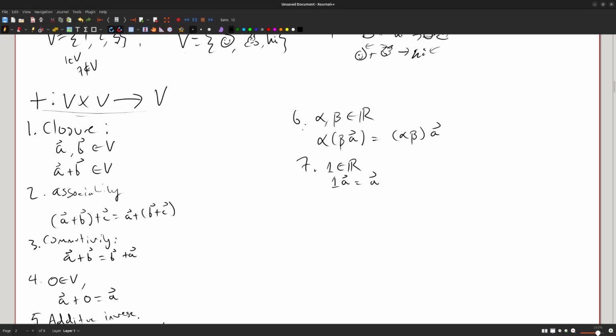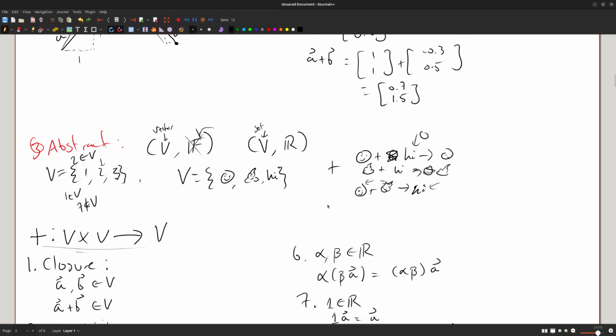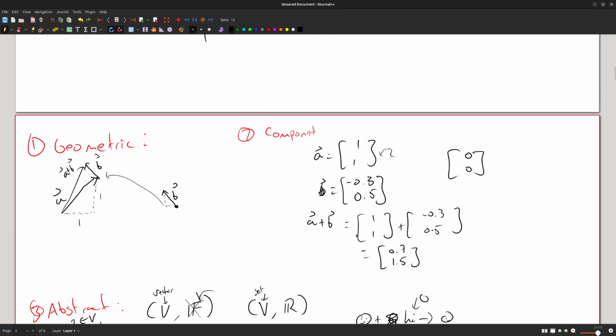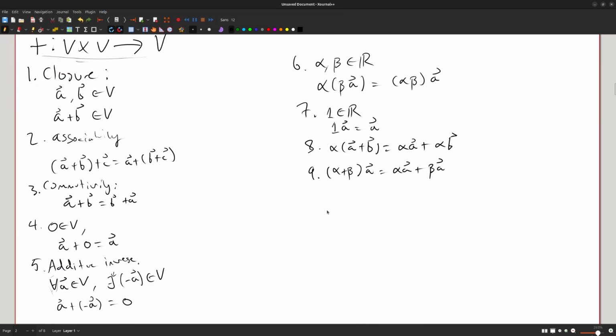That makes sense. And then finally, the distributive laws, I never know how to say that one, is alpha times A plus B is equal to alpha A plus alpha B. And let's say, this is the final rule, alpha plus beta times A is equal to alpha A plus beta A. Whew. Okay, so maybe for your homework, you can show that this